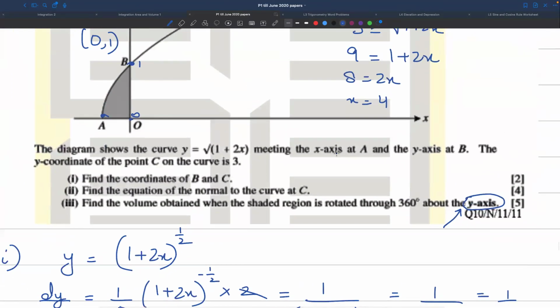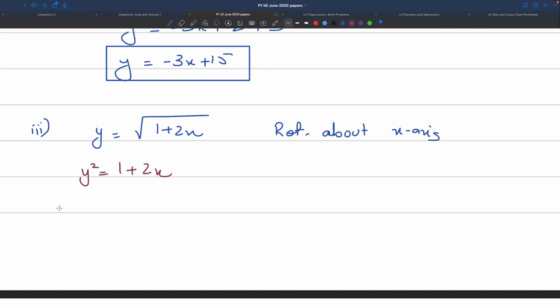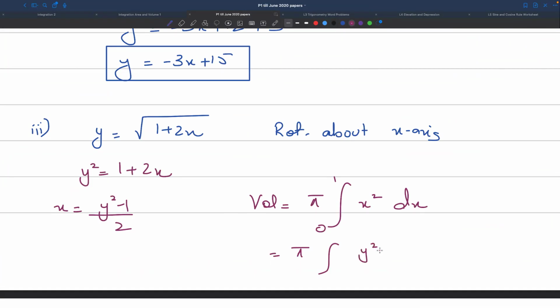ओके, इक्वेशन क्या है मेरी, हाँ। सो द इक्वेशन इज y is equals to root of 1 plus 2x, but as it is saying rotated about y axis, तो आपने पहले x को सब्जेक्ट बनाया। नाउ टू फाइंड द वॉल्यूम, मैंने फॉर्मूला उसने बताया था, पाई इंटू इन दिस केस x स्क्वायर dx, और लिमिट है 1 और 0। सो x की जगह मेरे पास क्या आ जाएगा, (y स्क्वायर माइनस 1) अपॉन 2 का होल स्क्वायर। आई विल फर्स्ट एक्सपैंड इट एंड देन इंटीग्रेट इट एंड देन पुट इन द लिमिट्स टू फाइंड द वॉल्यूम, ठीक है।